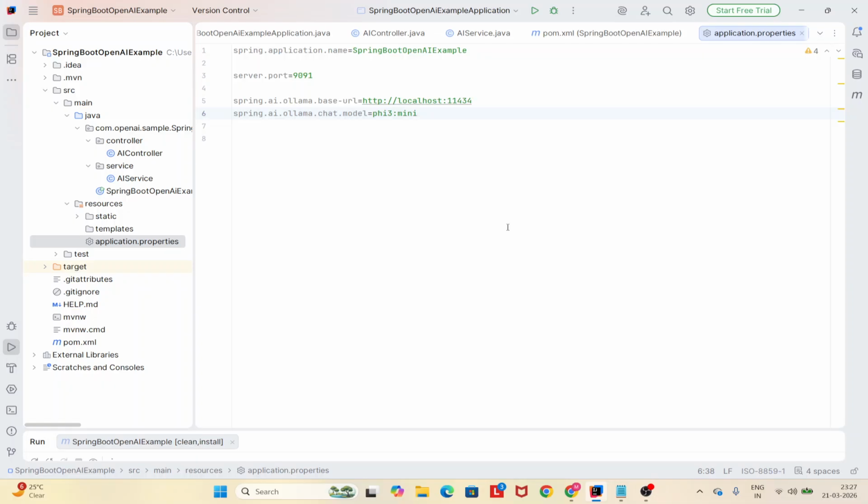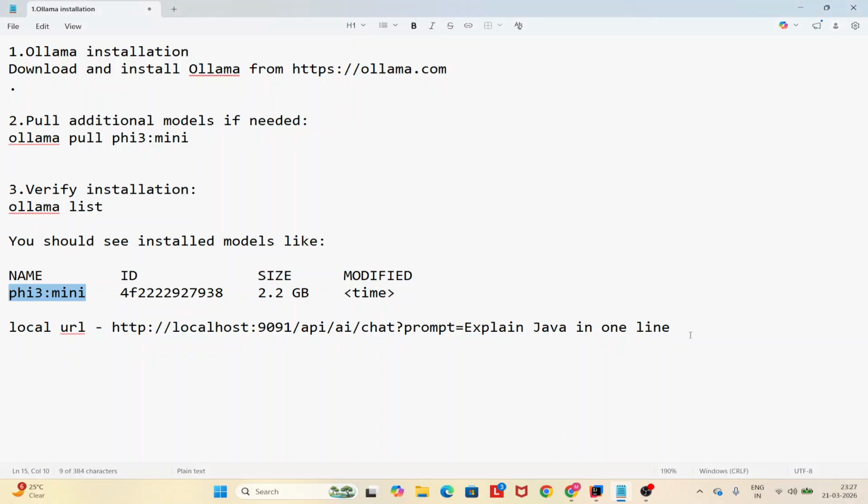Now we will try to hit this URL from the browser as soon as it gets started. Like, for the prompt you can pass anything, explain Python, explain something like that. I have passed, suppose, explain Java in one line. Okay, just try to pass the prompt in a shorter version,